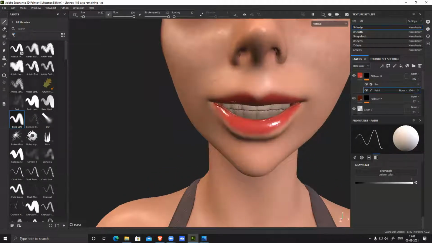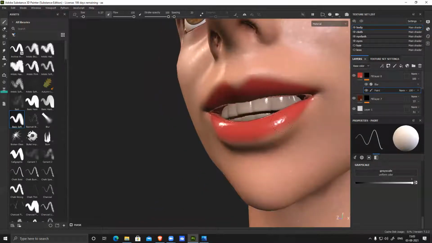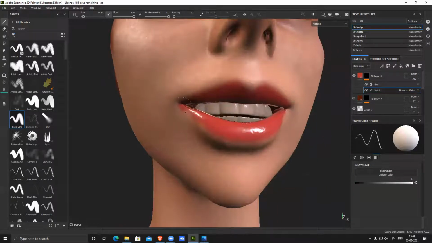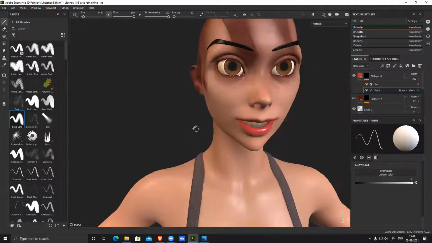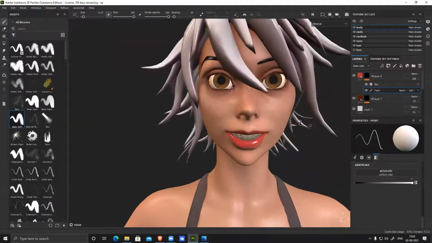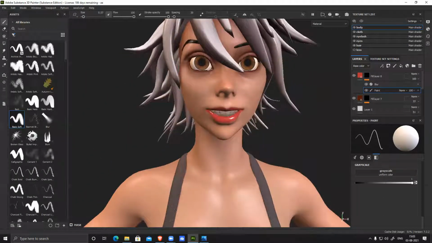So this base, I can make it slightly broader. Saving. Okay. I can make it look slightly glossy.